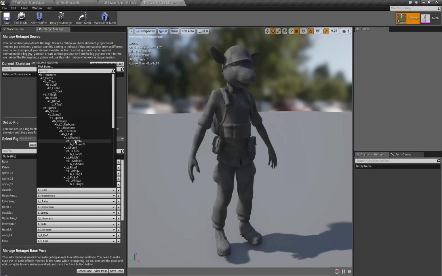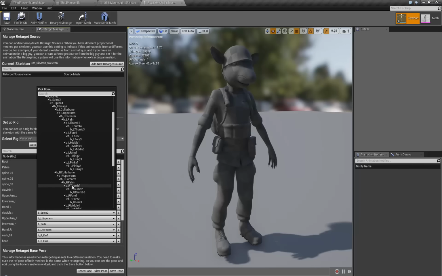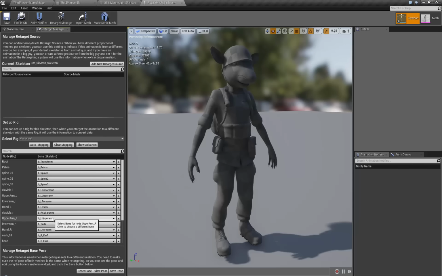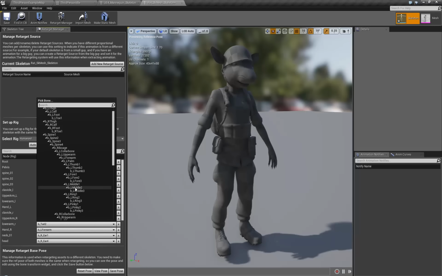Alright, left clavicle is going to be my left collarbone. Left upper arm is going to be my left upper arm. Lower arm is my left forearm, and hand is my palm. It's the only weird difference there in naming. Lower arm,